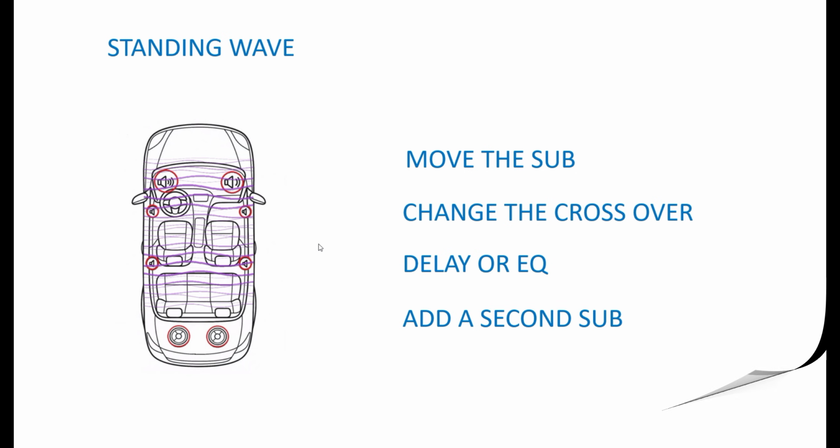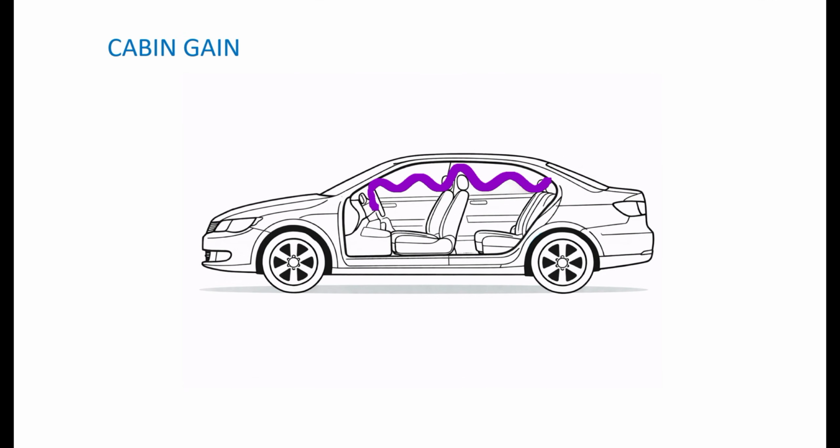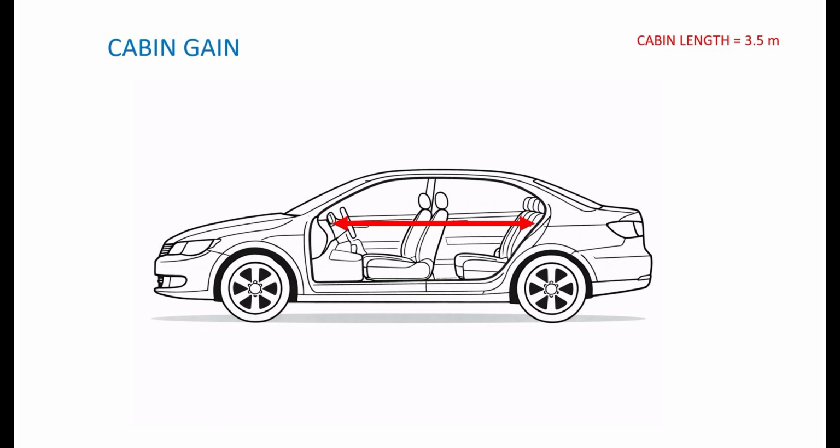All right, next I want to talk about cabin gain. So we just talked about standing waves, where the wave is traveling through the cabin and bouncing back and causing interference patterns. But cabin gain is when the wavelength of the sound frequency is longer than the cabin. And what happens is the sound wave can no longer fit in the cabin. Now I'm simplifying this,